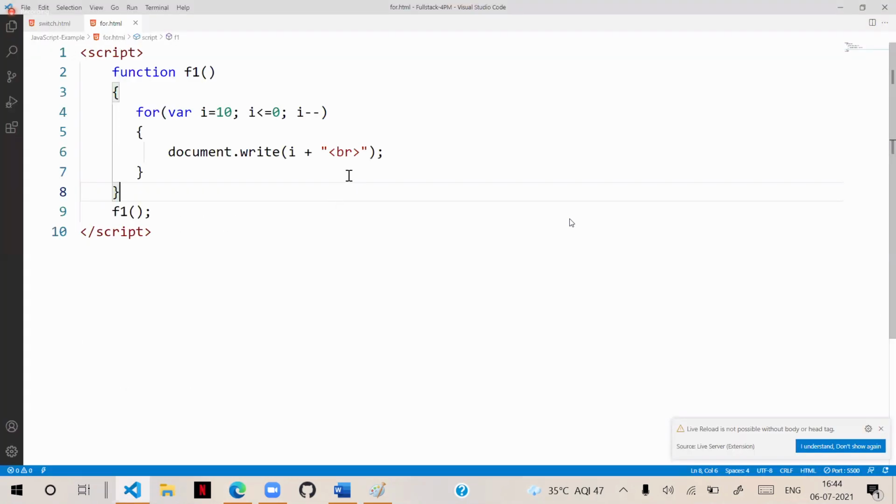And it will display. But when you are decrementing the counter, we need to define the start value and end value also, so it is configured correctly. Here we haven't configured correctly.